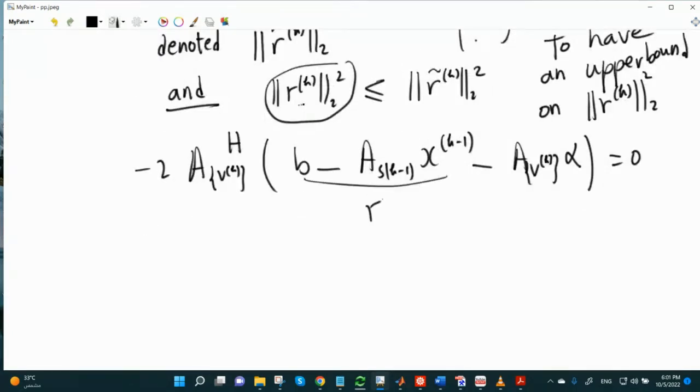Note that this thing is R of K minus 1, and hence alpha is equal to